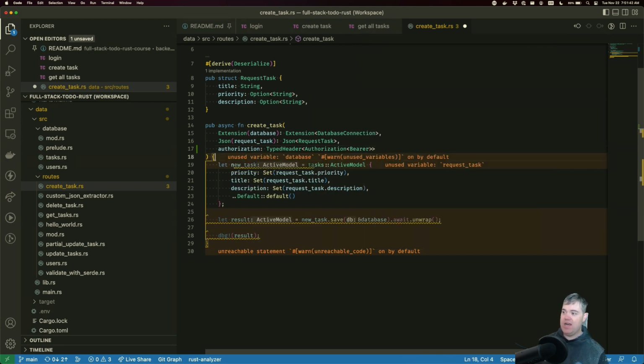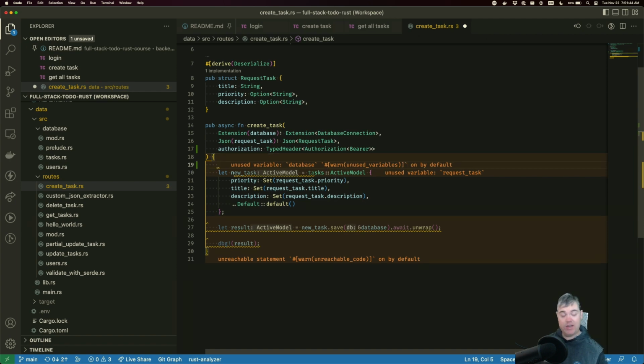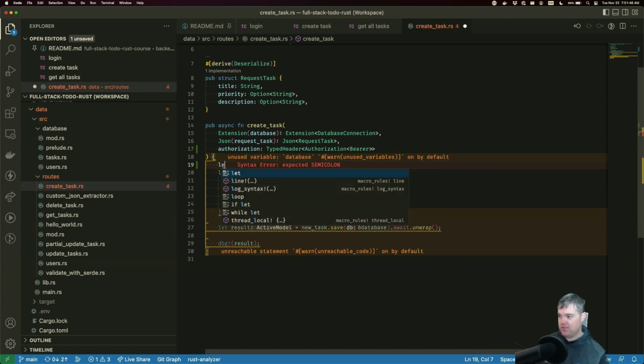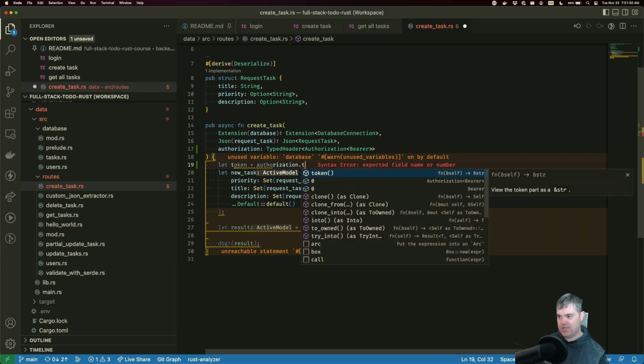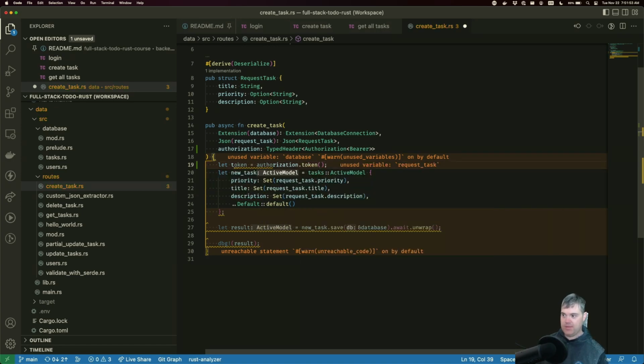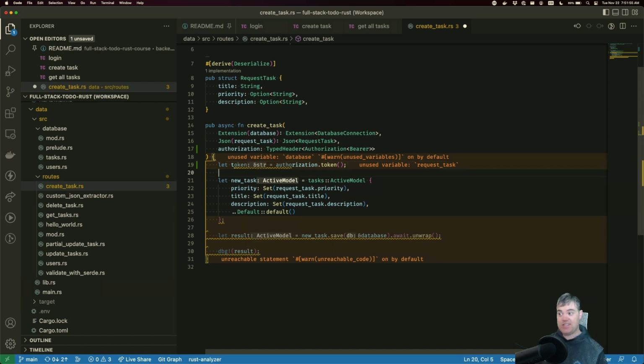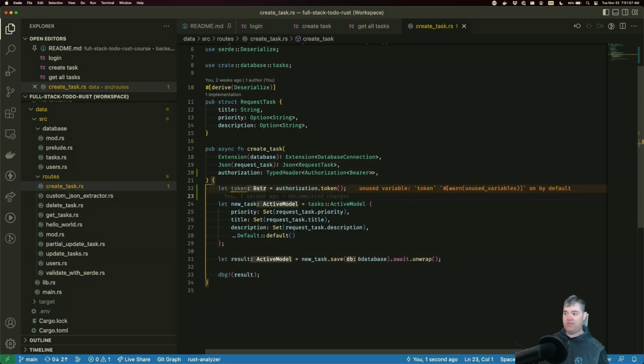Okay. Now, given that, I want to get the actual token out. So that token equals authorization dot token. And that gives us a str. So I now have a str of the token. If I want to just debug this out, I'd be able to actually see it.